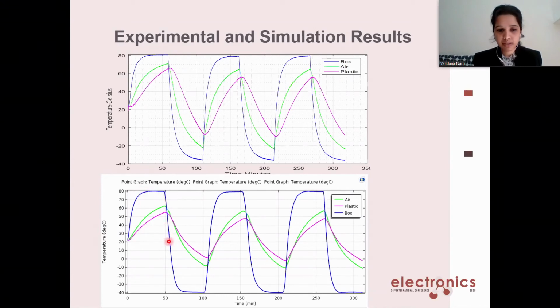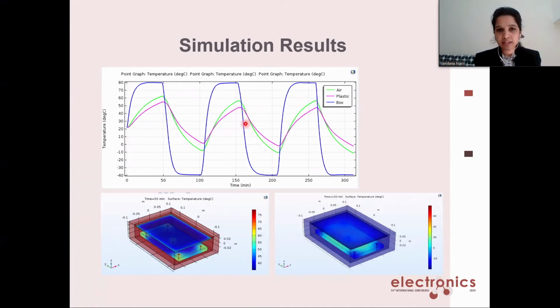And then it shows that it has a somewhat higher ramp rate than the experiment to reach the minimum stress level as well. And it shows a similar outline of the response from the air and the plastic inside the component, but not the same as the one from the experiments. And we had an added advantage from the simulation results, that we could see exactly how each component inside the system is reacting to this kind of accelerated testing.